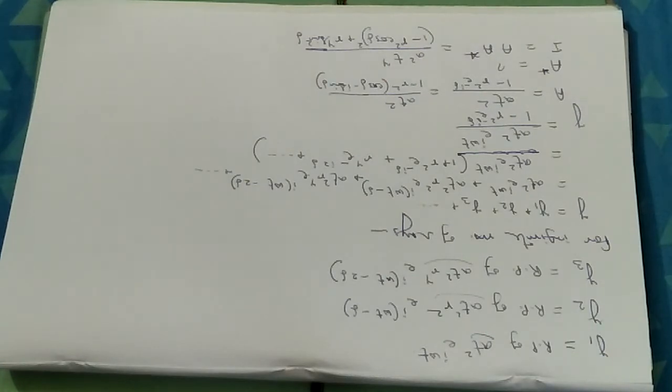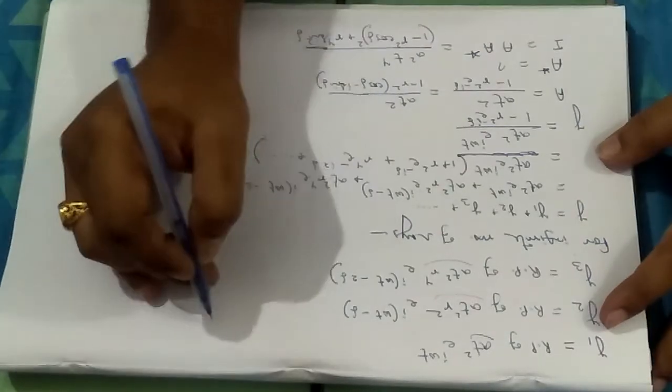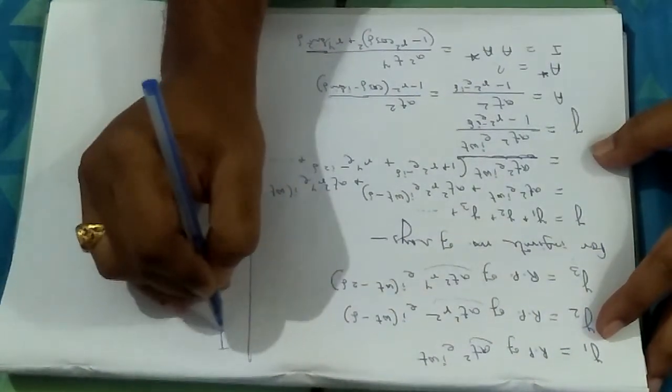You can simplify it more. How can you simplify it more? You can write the whole equation in terms of r, the reflection coefficient. I am showing you. First you have to simplify this part. Simplify the squaring. After squaring and all this, you will get the intensity expression like that.